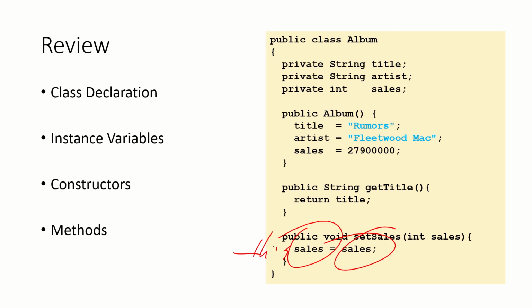I create A, B, 20, right? If I call the method set cells to 10,